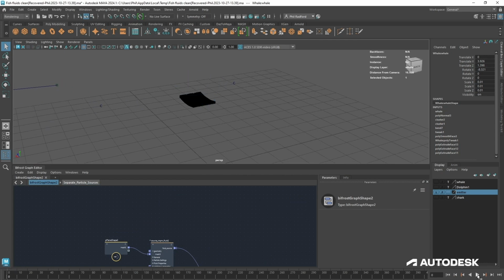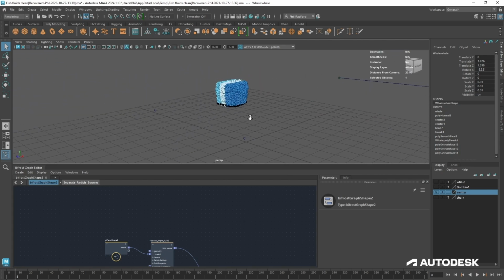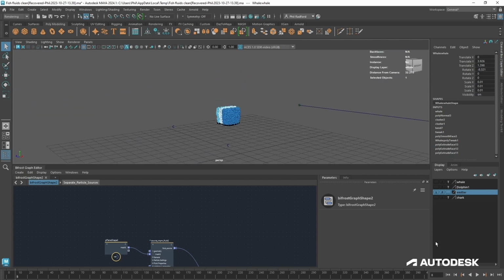Let's rewind first and play. So we can see all of our different colors going on there, and if we continue to let it play for a bit, we can see they're kind of mixing nicely, and they're going to start creating the shape of our shark, which is really nice. So really the next part is to integrate some of this back into Maya so we can animate certain things,